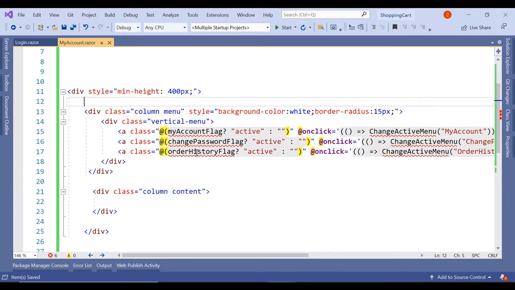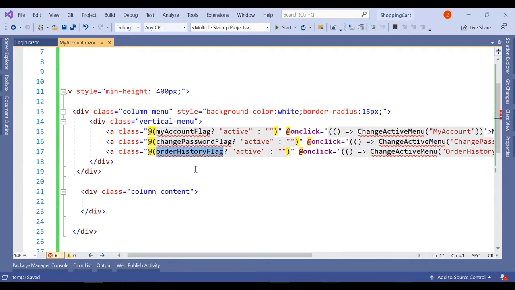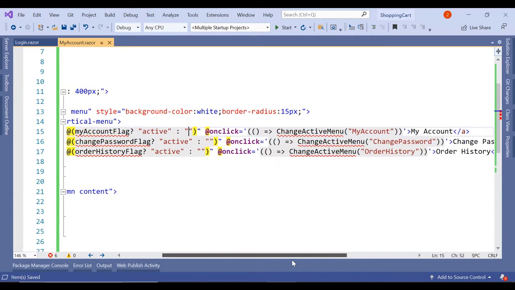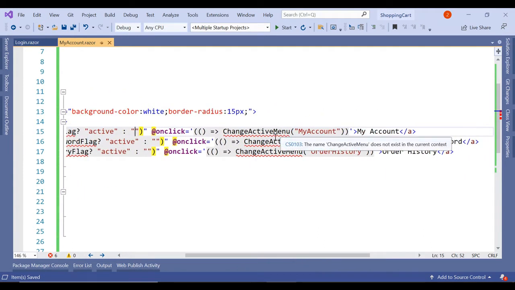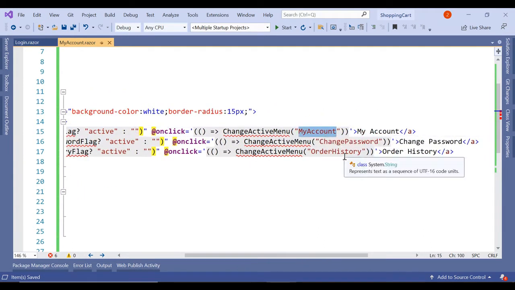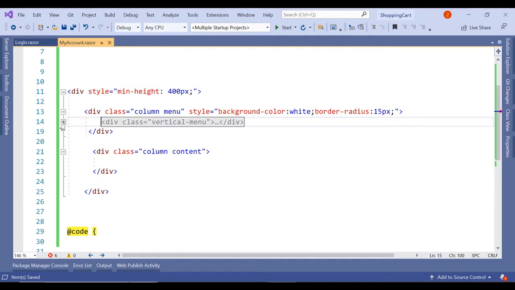We are using three flags: my account, change password flag, and order history flag. If the flag is true, then the CSS class will be active, else it will be empty. And on click of the particular hyperlink we are calling this change active menu and passing the required text. So the header text will be my account, change password, and order history. So these three we have created in this vertical menu.